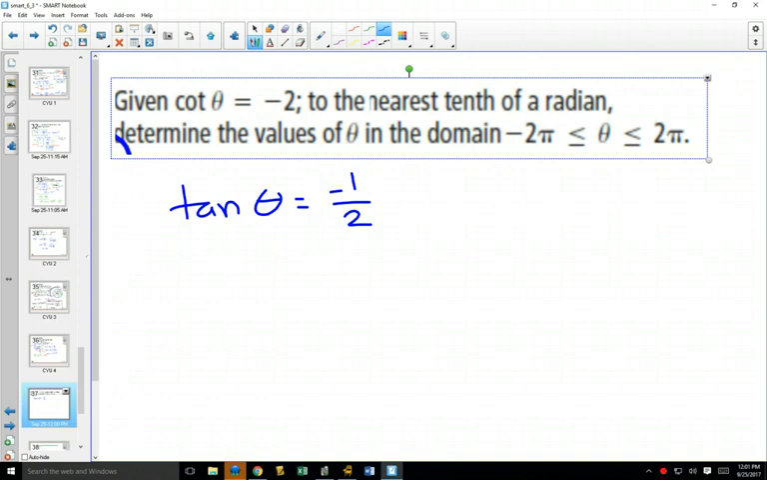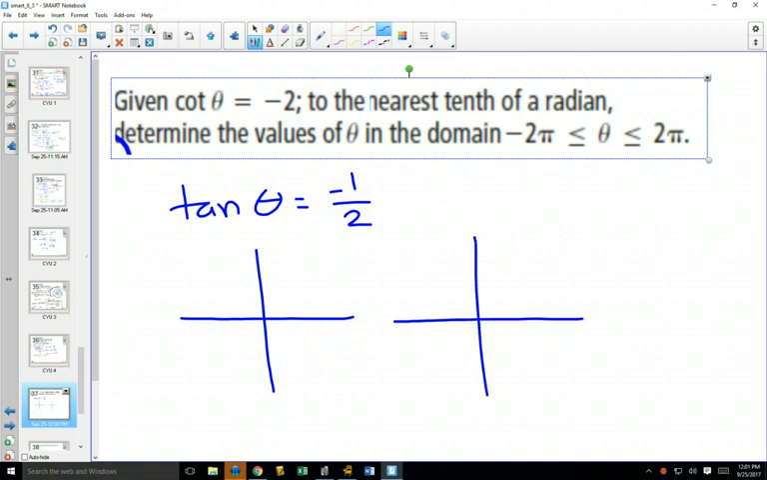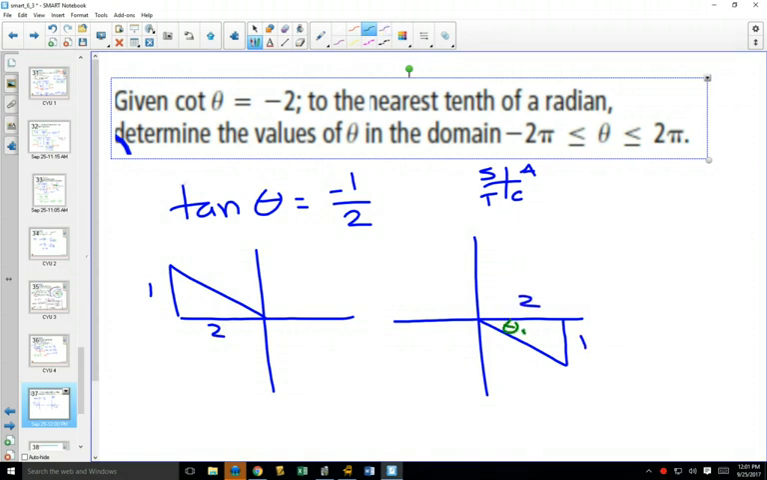And if I have this, how do I know what quadrants it could be in? We could go to our CAST rule. It's going to be in quadrant 2 and quadrant 4, because it's negative. And tan is opposite over adjacent. So if I label these lengths, and I label my reference angle, which will be identical in both of those, because those two triangles are identical,